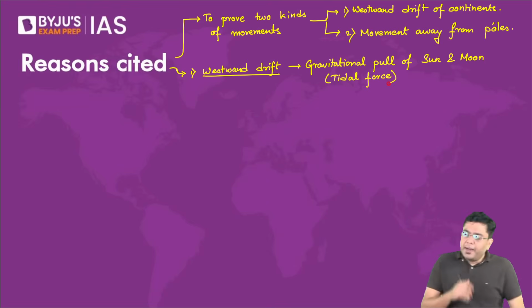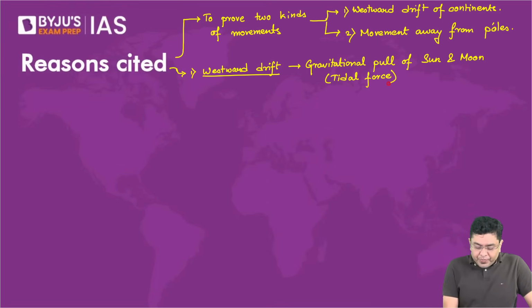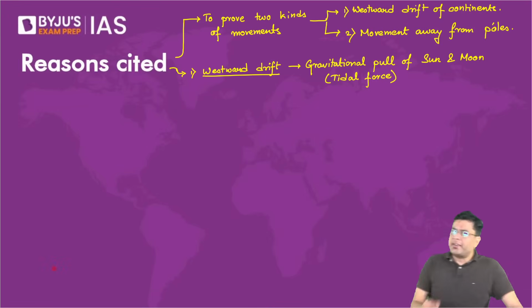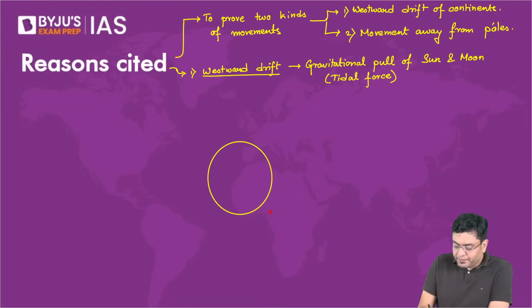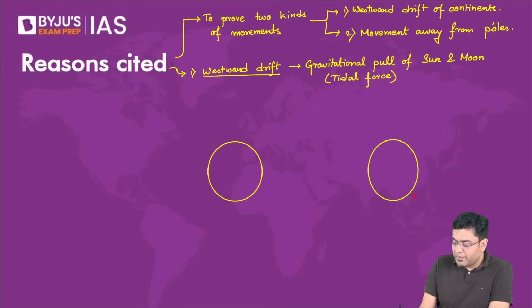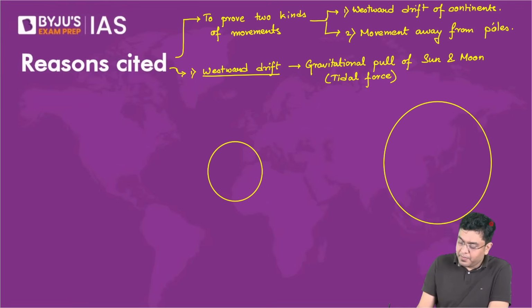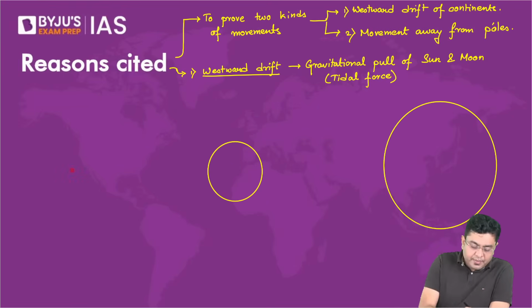So any aspect that you are taking a look into, you have to understand that this theory has been rejected. Okay. So here, when we talk about the aspect of the gravitational pull of the sun and the moon, what is it that Wagner meant by that? First of all, let's suppose this being the planet Earth, let's suppose this being the sun, and then let's suppose this being the moon.